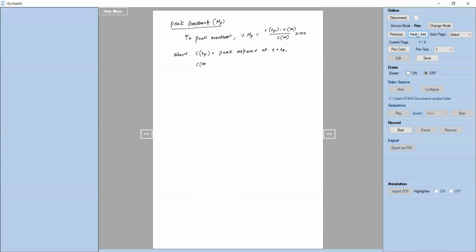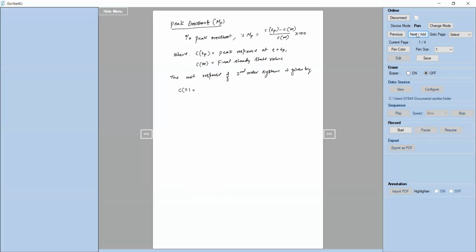At t is equal to infinity, what do we call it as? Final steady state value. Okay. Now, for the unit response of second order system is given by